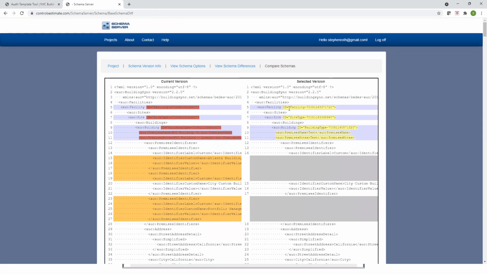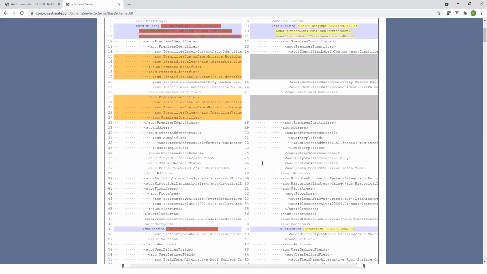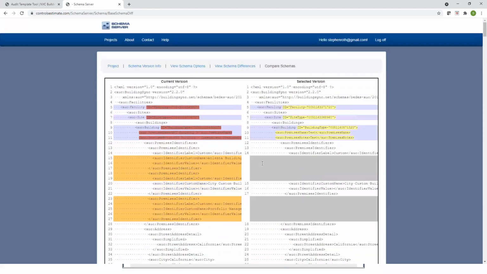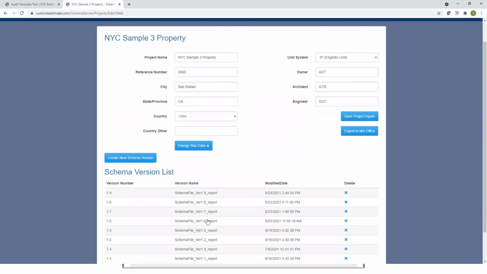So currently there's just differences in some of the ID names, but if I scroll down enough, I'll see that maybe there's differences in the square footages between one version to another. So this is very helpful in keeping track of all versions of your BuildingSync XML file for a particular project. So let me go back and